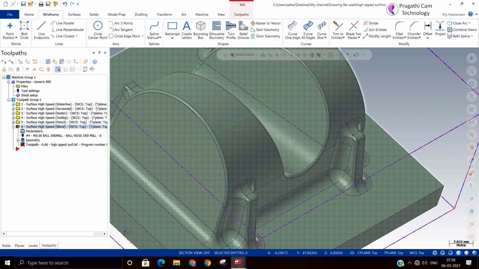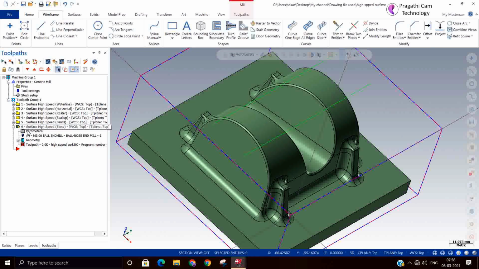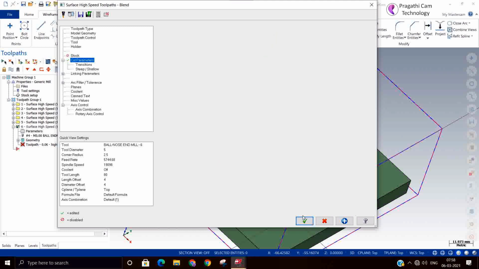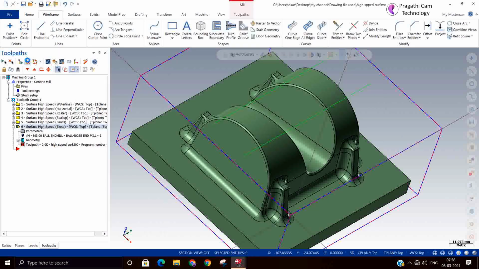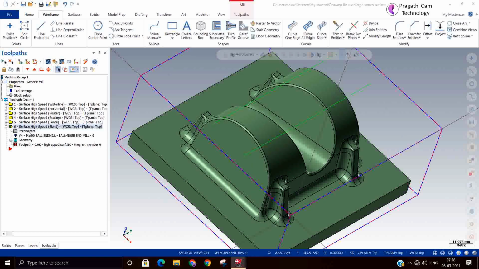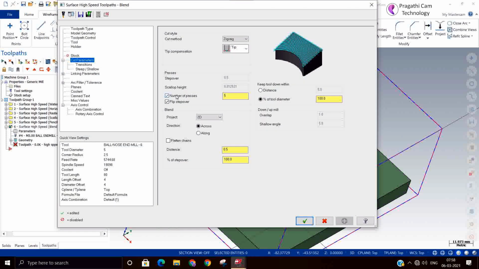Some error has come. Oh, I think there is something. So we'll check what is the meaning of it, what is that number of passes.